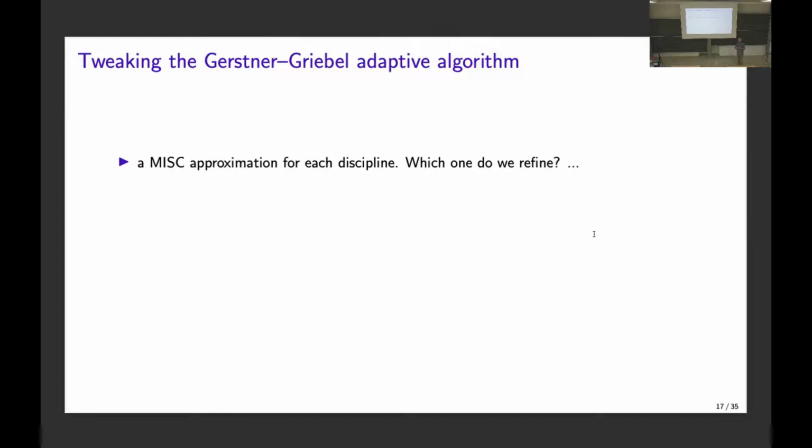I know that it could be a good idea to do, on top of doing a surrogate for each block rather than a surrogate for the whole thing, multi-fidelity surrogate modeling for each block separately. If these 3 blocks are 3 PDEs, I want to do MISC on one block, MISC on another block, MISC on the other block, and then put the 3 MISC surrogates together, okay? So I want to do the adaptive MISC, so the Gerstner-Griebel algorithm, on 3 blocks separately.